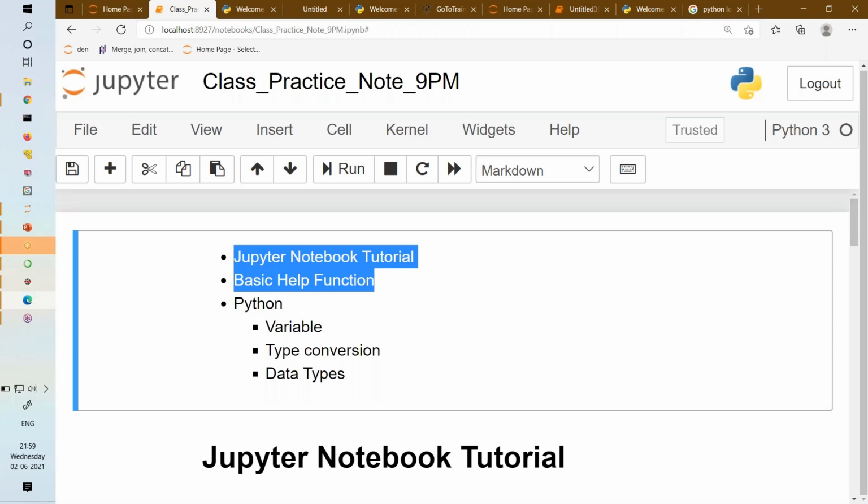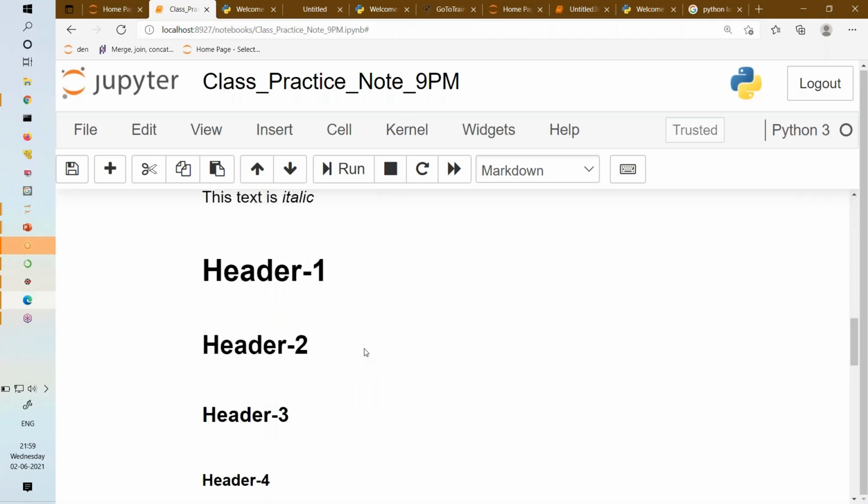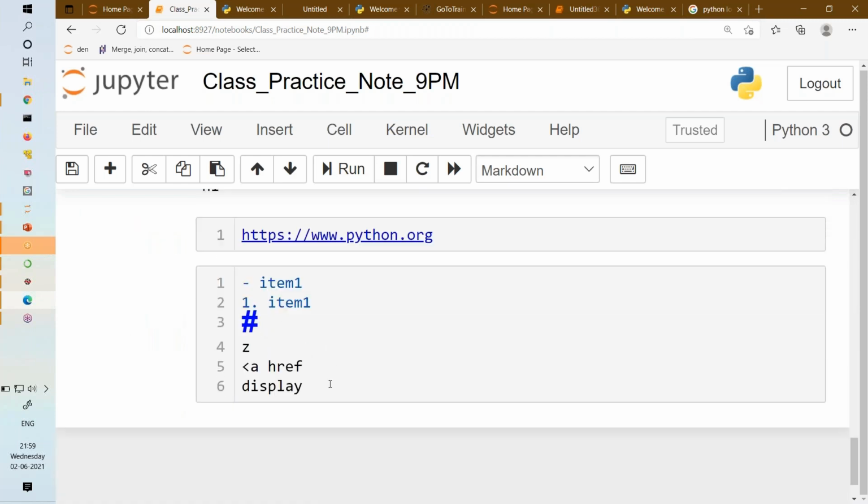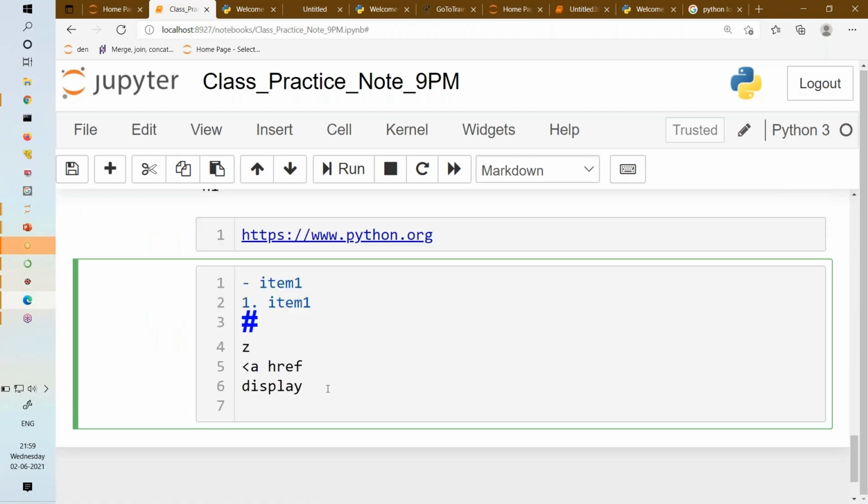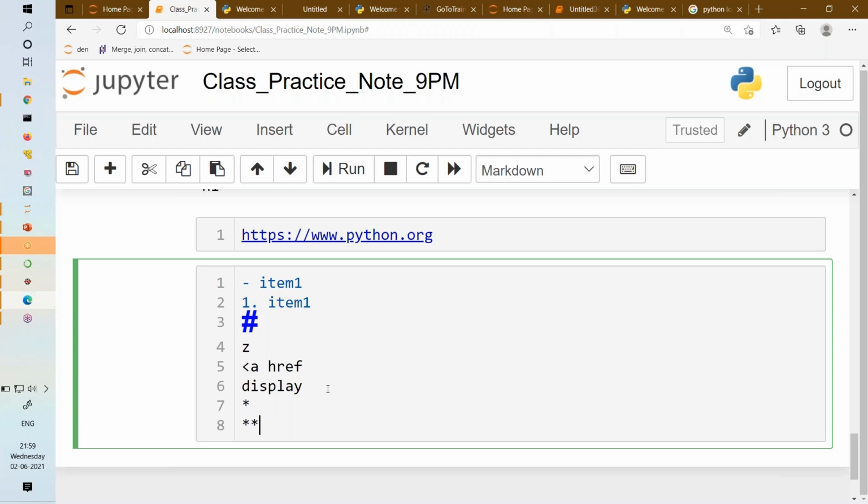Is it clear, everyone? Any questions on this? How to write italic? I will ask: tell me how to write italic. Anyone? Italic. Star. Only one star. Bold is two stars, ma'am. Yes. Now in this class only you remembered everything, right?